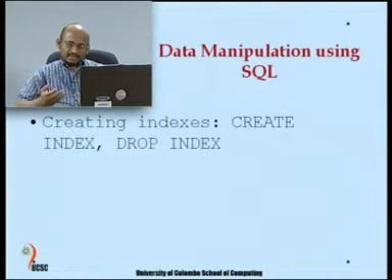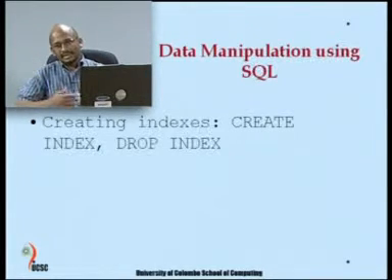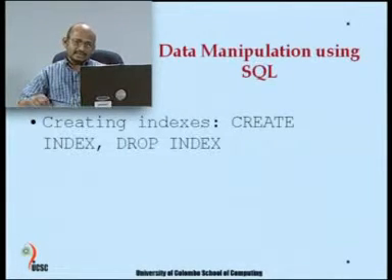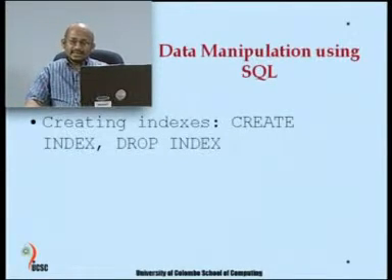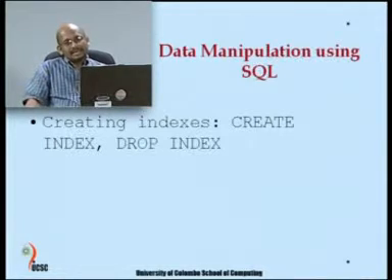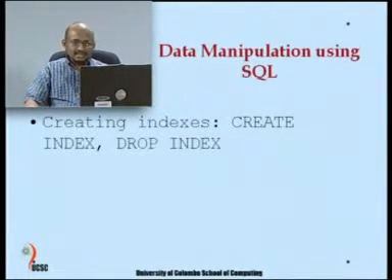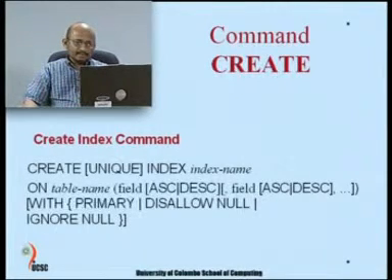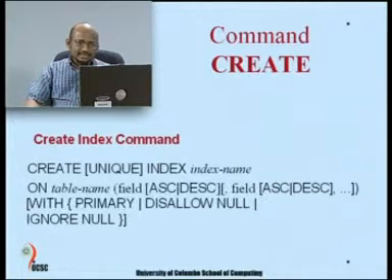So, as a background activity, creating indexes on primary keys happens automatically, and so in such cases you do not need to create indexes again, but for non primary key fields you may need to create indexes to quickly access data, and for that the create index feature is there, and to remove an index later on, the drop index facility. So, when creating an index you can create a unique index,